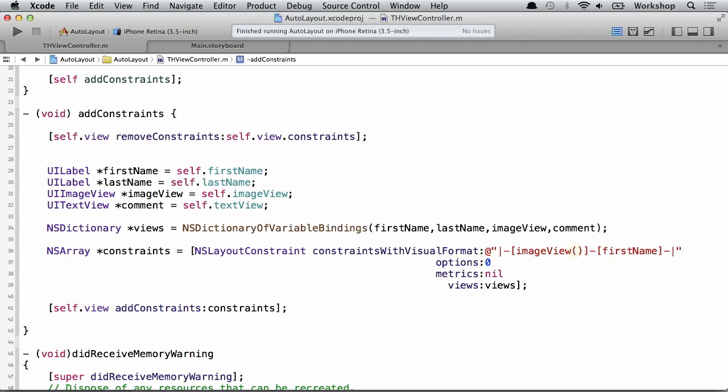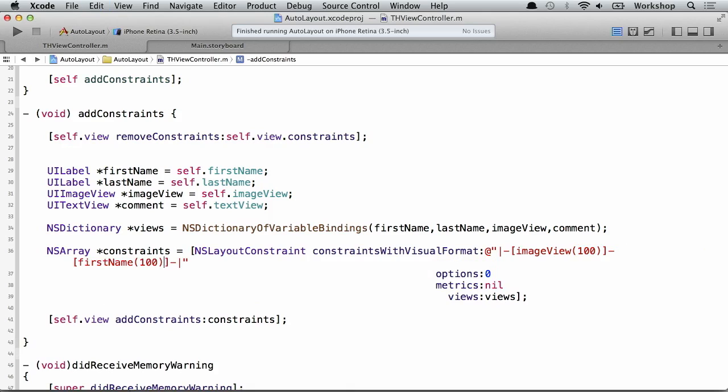So in order for us to specify a fixed width, all we have to do is put it in parentheses over here. So we'll say our image view is 100 points, and the first name will be